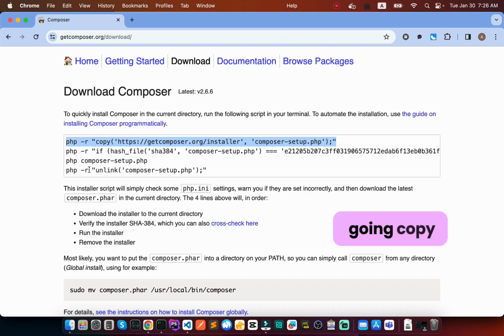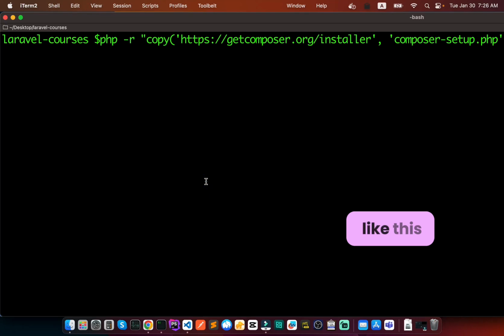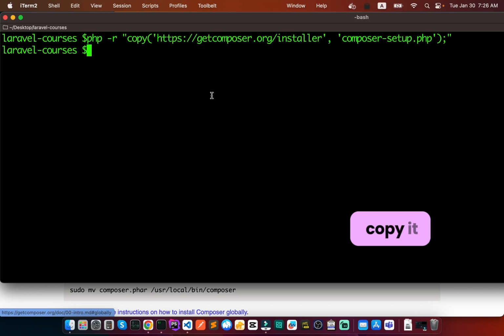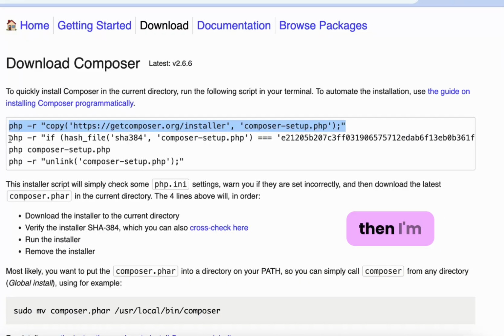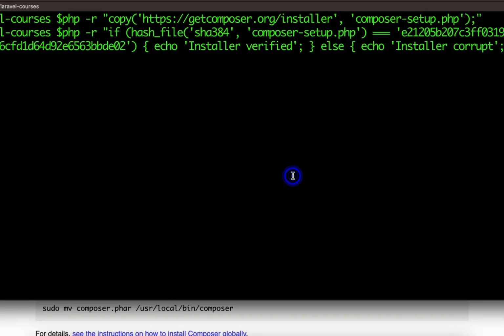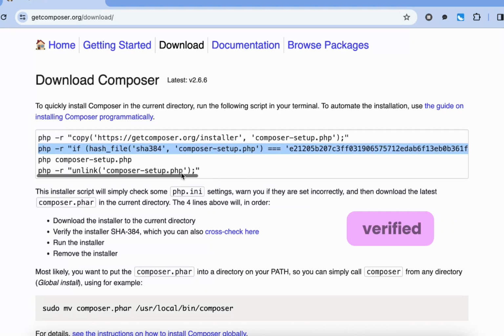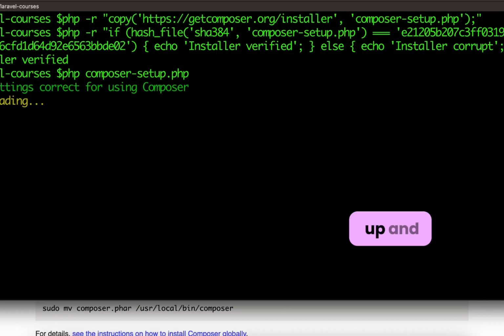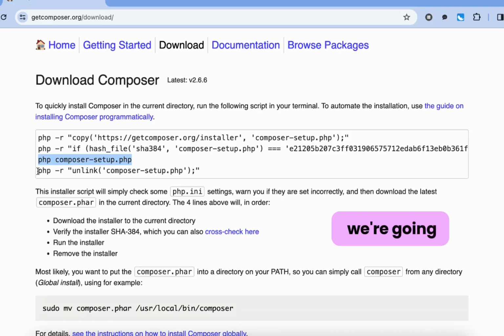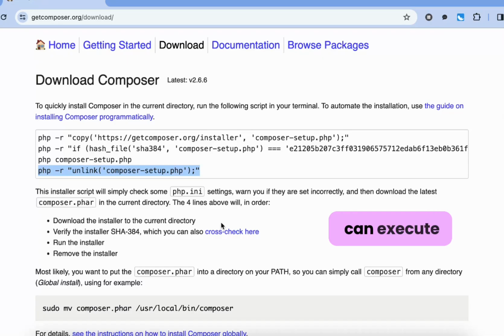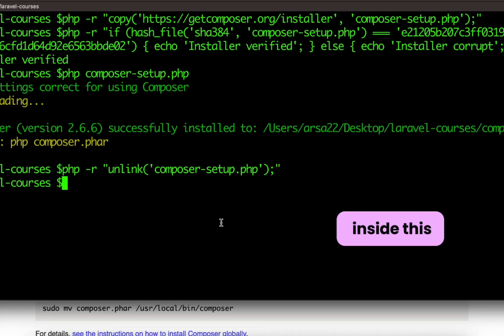So right now we're just gonna copy these commands in here like this. I'm gonna make it a little bit smaller so you can see. So I'm just gonna copy it. It's gonna run the PHP script. Then I'm gonna copy the next one. Now the installer is verified. Now we're gonna install it, set it up, and then the last step is that we're gonna remove the installer because we don't need it anymore once it's installed. So after you have done these steps, now you can execute Composer commands inside this directory,